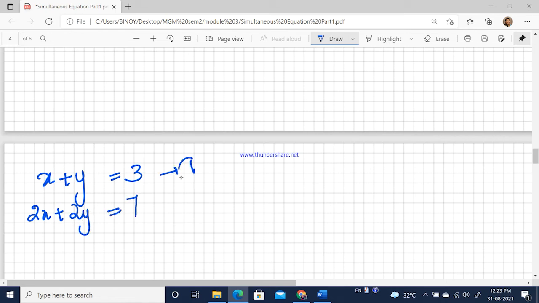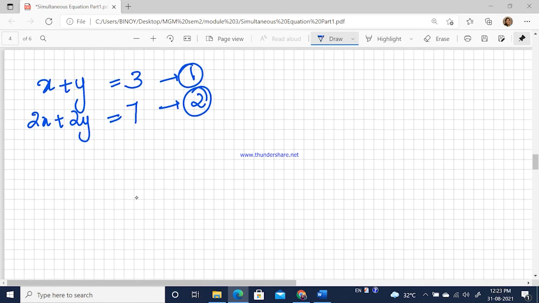This is your first equation and this is your second equation. Now let's see what is a1, b1 and c1. So a1 is 1,